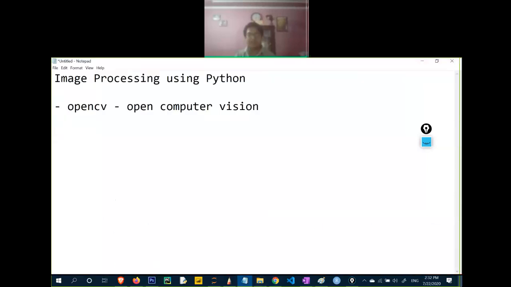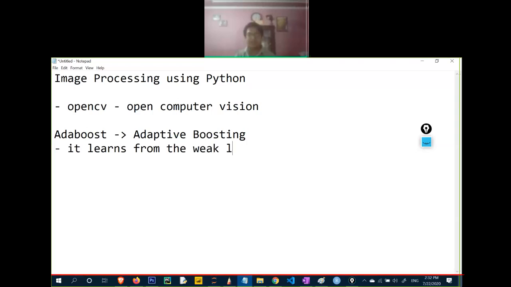Let me write down what I'm saying here. First of all, AdaBoost means adaptive boosting. It learns from the weak learners and makes strong learners. Now, what does this mean?